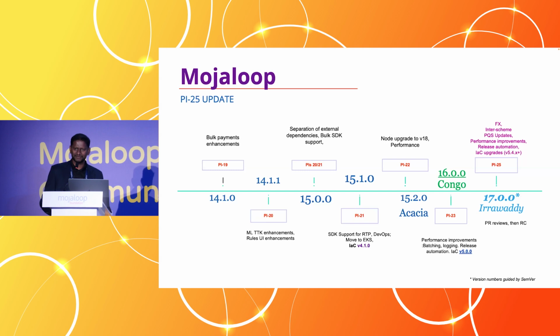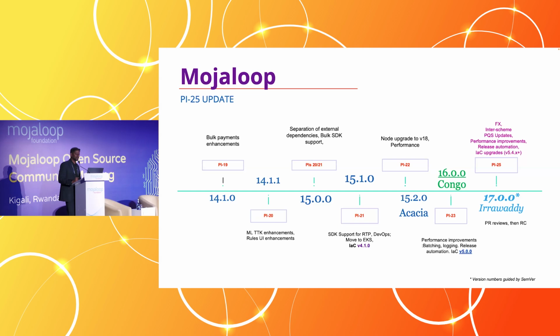We saw that in the previous days. We saw the discussion at the R&D session and the COMESA DRPP session yesterday. And you can see with version 17, we'll get the foreign exchange feature that the workstream has worked very hard in delivering, along with a proxy and inter-scheme feature. Along with that, we also have some routine, regular updates that happen in platform quality and security, the performance improvements again,